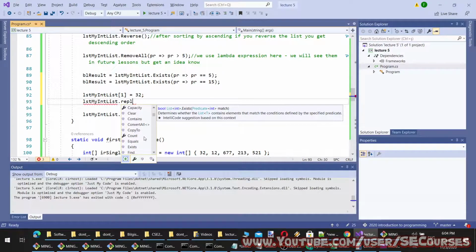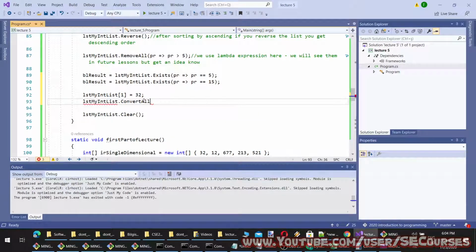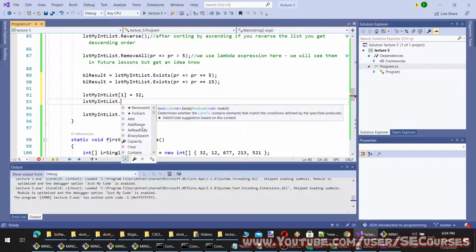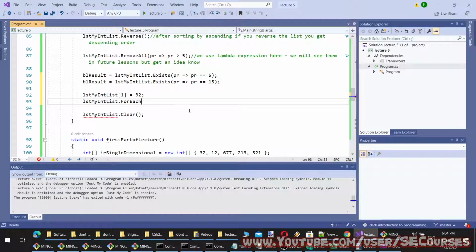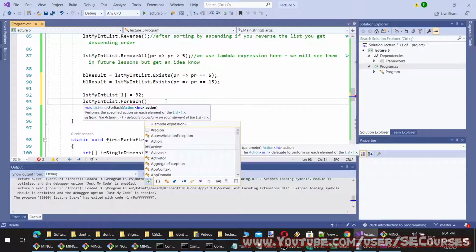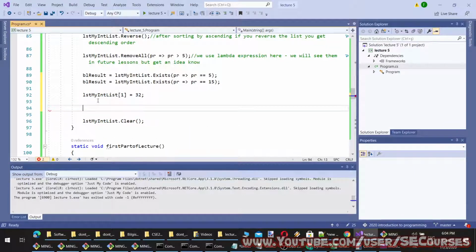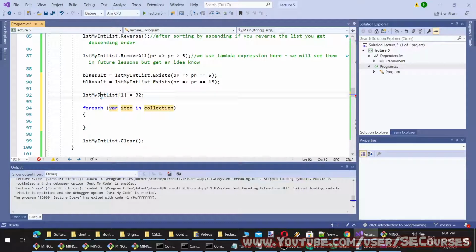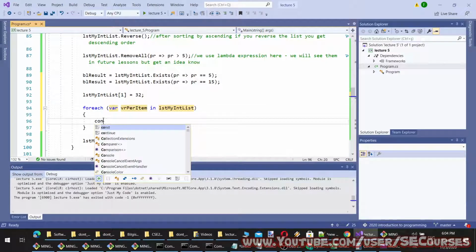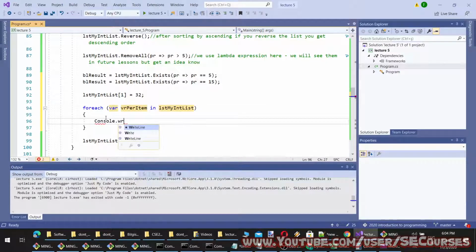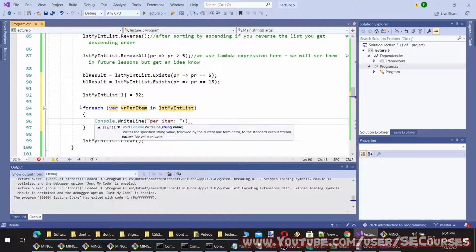Okay, there is no Replace, there is ConvertAll. This is also advanced stuff, so I will just pass it. Okay, there is also ForEach, and okay, this is also advanced stuff. However, we can use a list like this, item, and we can use Console.WriteLine like this.